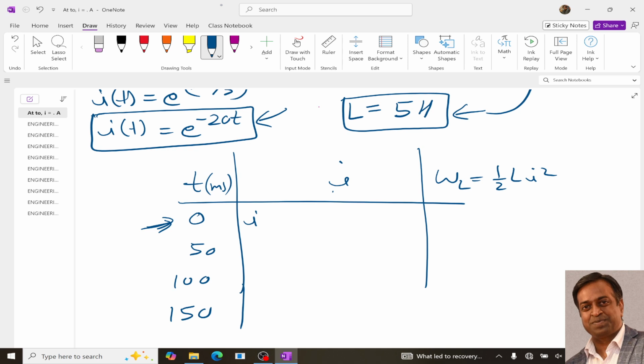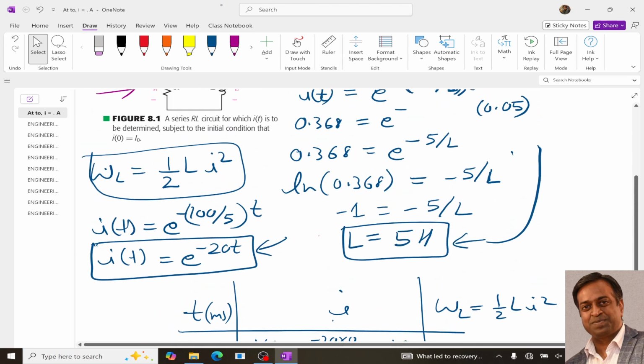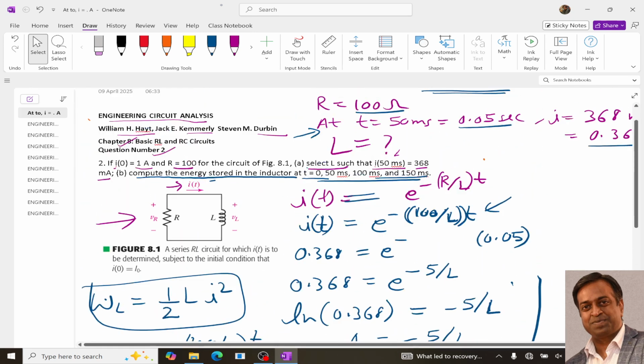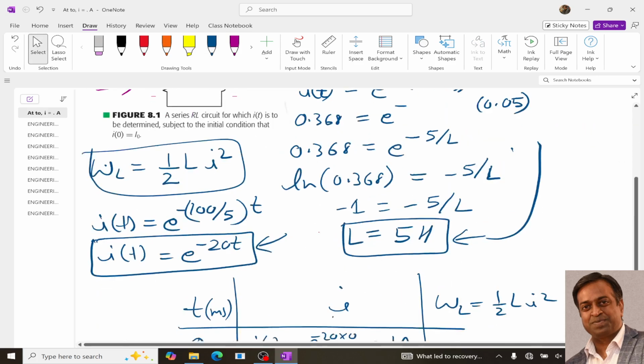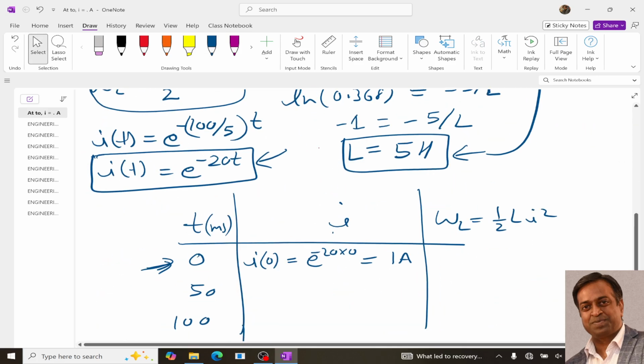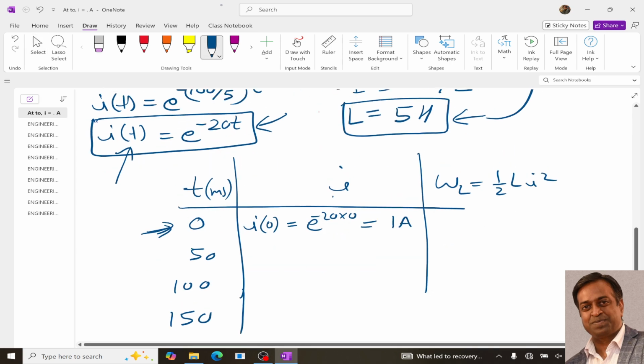So if I substitute this, I will get e power minus 20 into 0, so it will be 1 ampere, right? It will be 1 ampere at t equals to 0, you can see it is also given in the question, right? So it proves that our equation is correct. So at t equals to 0, current is 1 ampere, and now substituting this 1 ampere in this equation, we